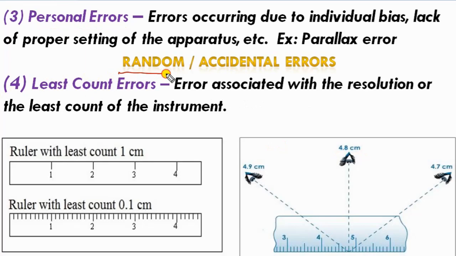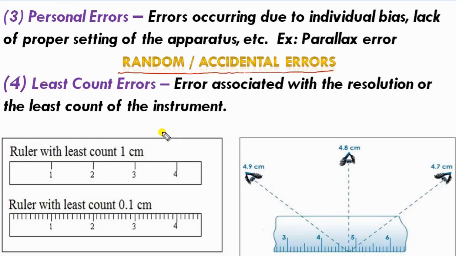Now let's talk about the second type of error, that is random error or accidental errors. In case of systematic error, we saw that the value of systematic error was constant most of the times, like in case of zero error, wrong scale error, etc. Even if it was not constant, it was easier to deal with because we can find the magnitude of systematic error easily using some mathematics and the knowledge of few laws of physics.